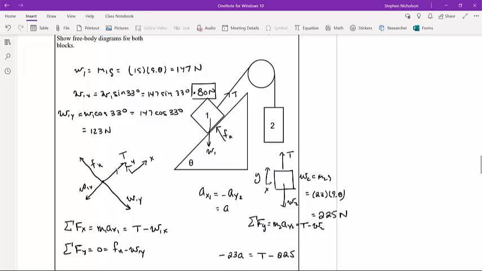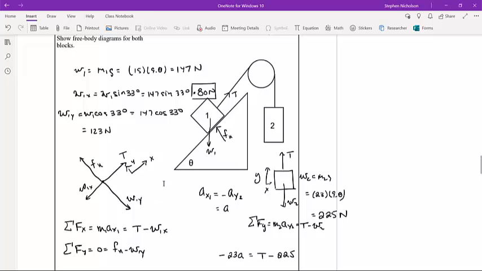But it does accelerate in the x direction. So I've got m1 a sub x1. I've got the tension pulling in the positive x direction. I've got the x component of the weight pulling in the negative x direction. So that's my x equation